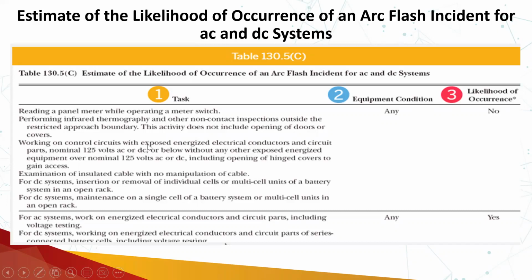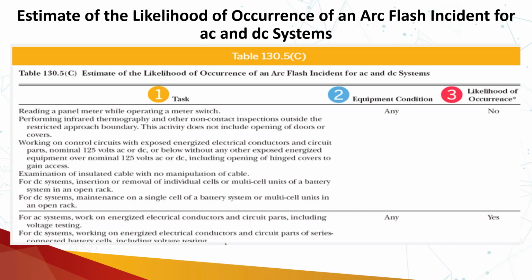Working on control circuit with exposed energized electric conductor and circuit parts, nominal voltage is this, equipment condition is any, the likelihood of occurrence is no. So if the likelihood of occurrence is no, we won't be carrying out the arc flash risk assessment further as per the 70E guideline. But if your organization suggests that for this particular case the likelihood of occurrence is yes, then you will be conducting the arc flash risk assessment based on the incident energy analysis method or the PPE category